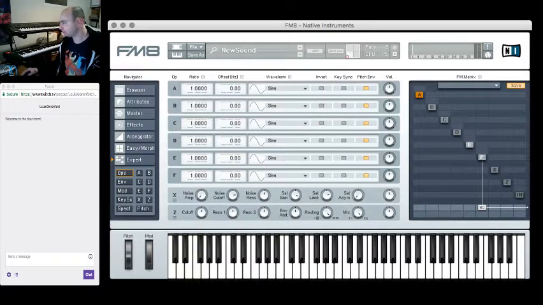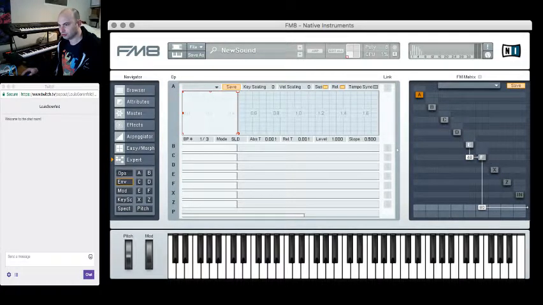So let me just turn on this other operator. I just turned on E by right clicking, and it's not connected yet, so we're going to connect it. Okay, and I'm going to turn it up by dragging the mouse upwards. You can see that as I add more and more volume from E to F, if I FM it more, it gets brighter, until it gets very harsh sounding. And if you envelope that,